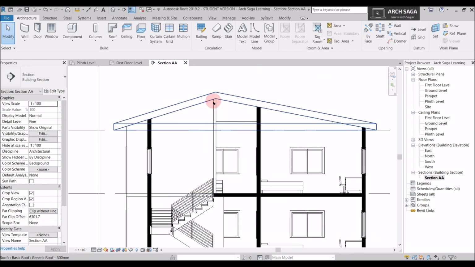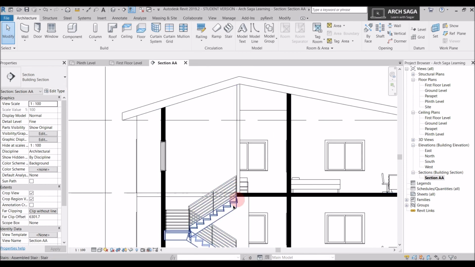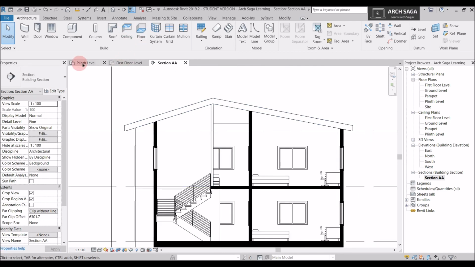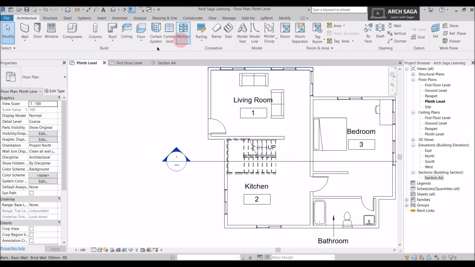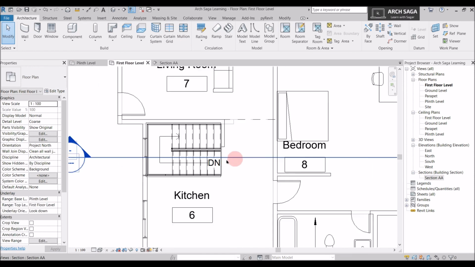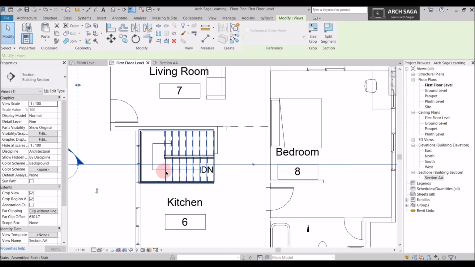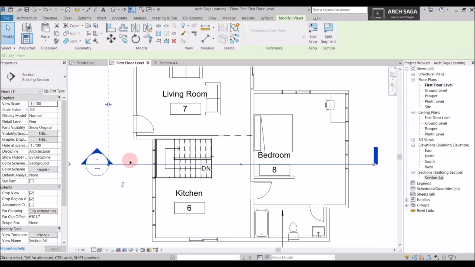Now you might doubt that the material of this wall and this floor is not changed, because the wall is not cut here. If you go to the plinth level, the first floor level, and see, this wall is still here and the cut section is from this area.